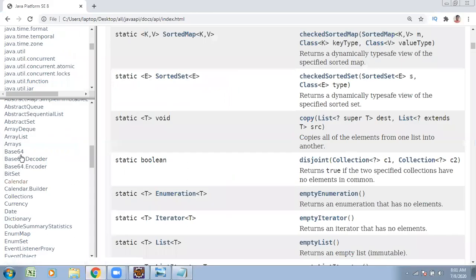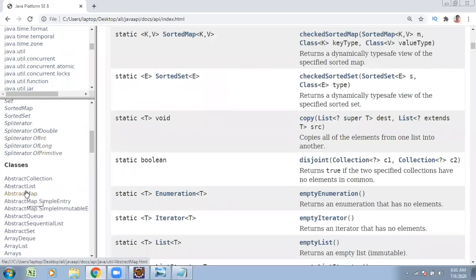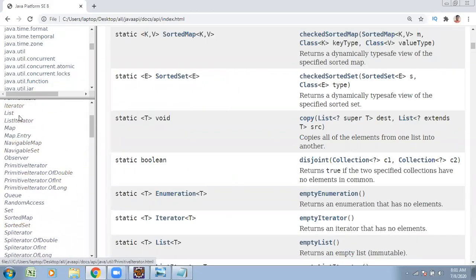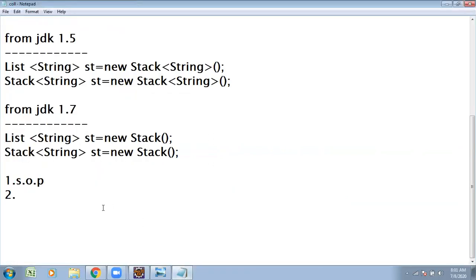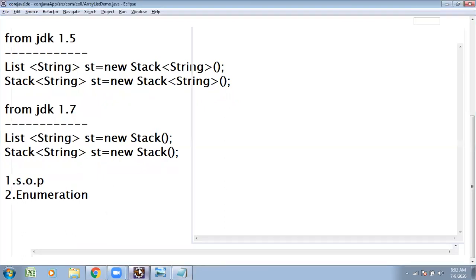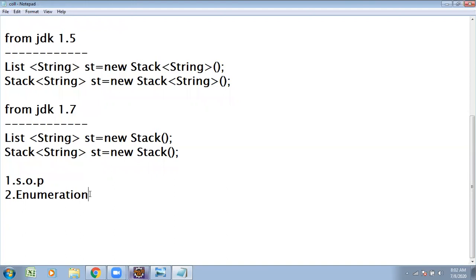What is the technique? First they introduced enumeration. I want to cover a lot of things. First I wanted to cover one interface called the enumeration interface, which is also used to change the cursor position. Try to observe, I wanted to demonstrate enumeration based.